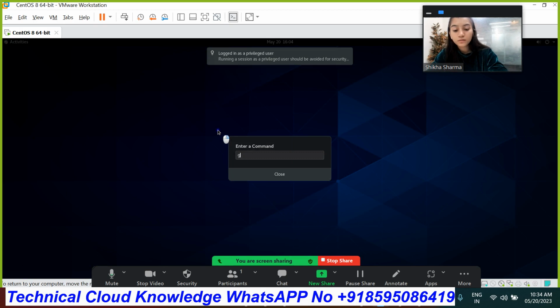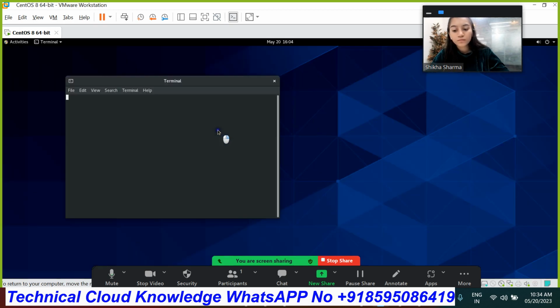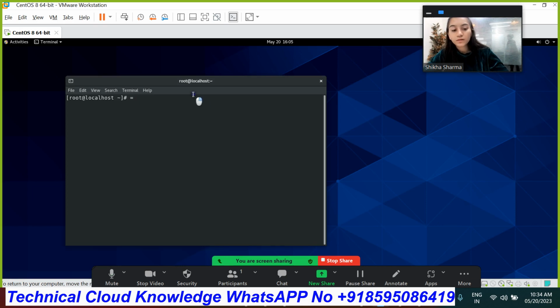Open the terminal. Let's bring the connection up. Now execute ifconfig.